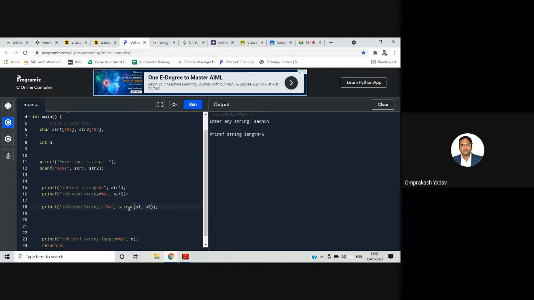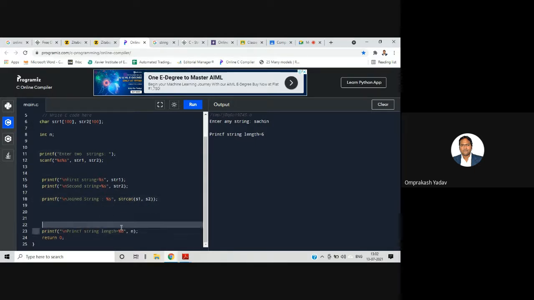So I've called this strcat function on both strings, and it will display the joined string. I'll remove this one. Let's run this.